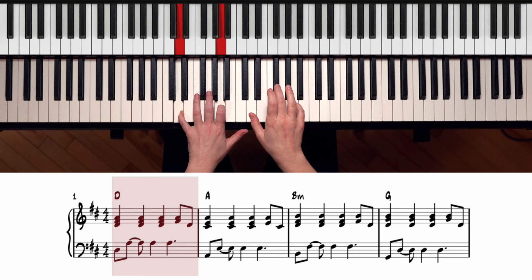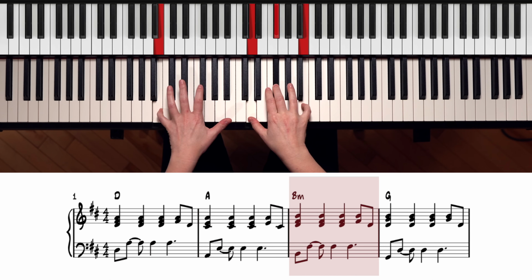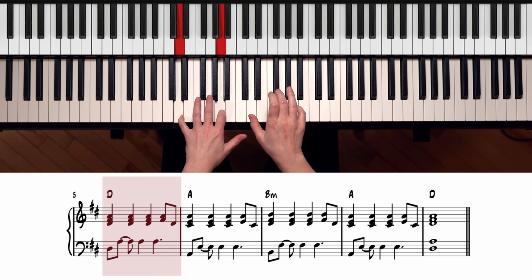Hey, soul sister. Stereo, the way you move ain't fair, you know. Hey, soul sister,